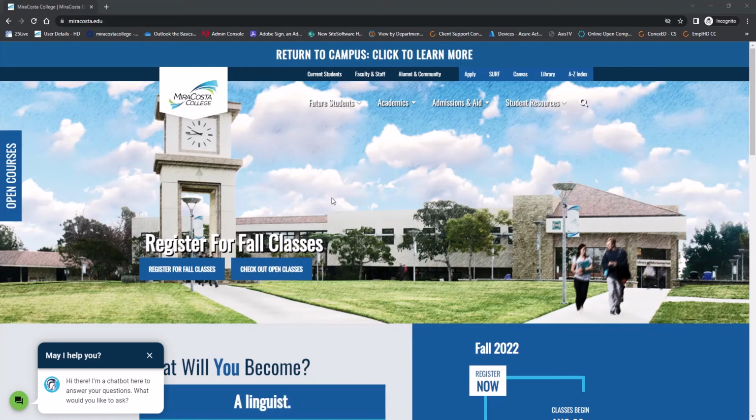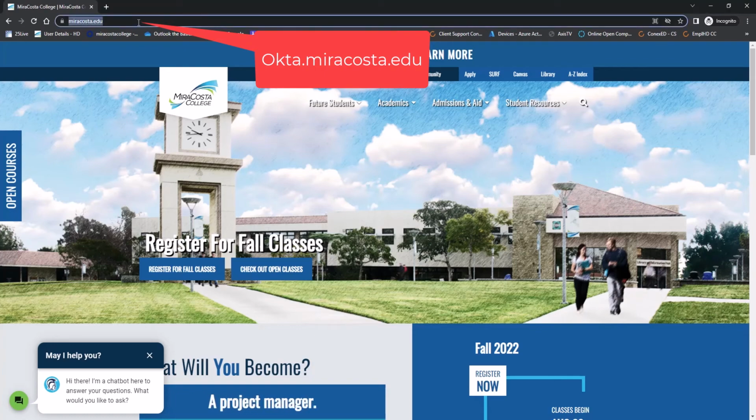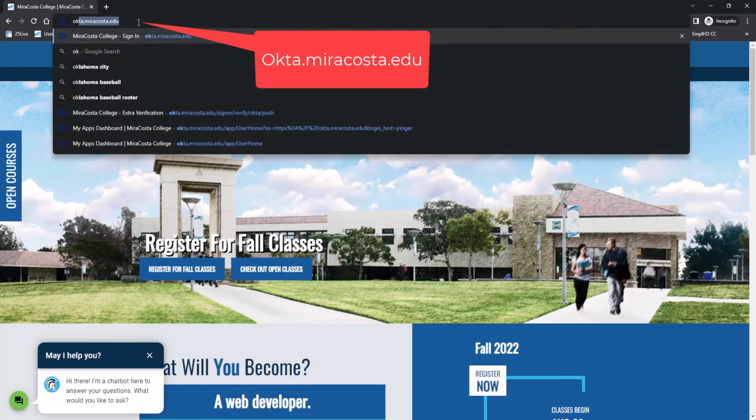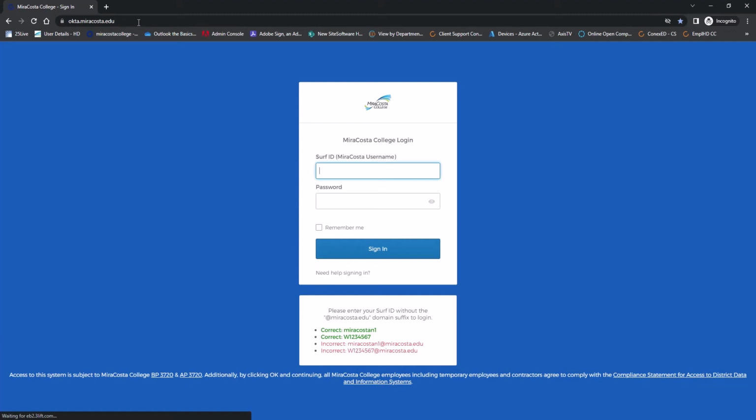To access and use Microsoft Student OneDrive, you need to have your MiraCosta student email address. So we're going to do that right now. The first thing we want to do is come right up here to the address bar and type in okta.miracosta.edu and hit enter. This is going to bring you to the Okta sign-in page, something you've probably seen when